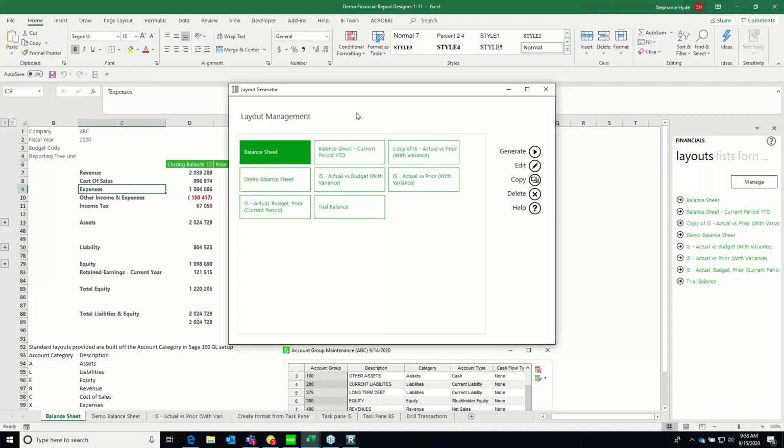It just depends on if you're more comfortable in Excel. If you're not comfortable with Excel and you don't want to have to remember all the formulas, then you might want to end up using the layout generator because it has the formulas built in. So let's say, which I've already done, but I'll go through the steps with you and then go back to the one I created. For the balance sheet, let's say we don't like the way that they've got the categories here. We want to change our categories. I mean, all you would have to do is take their layout, copy it,